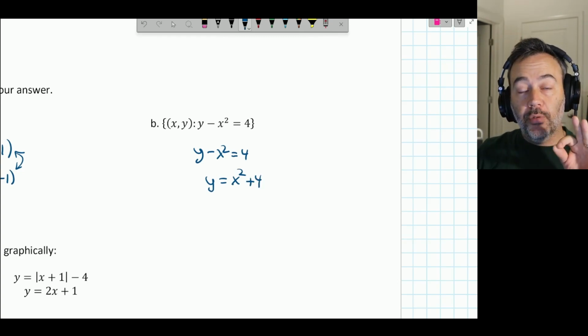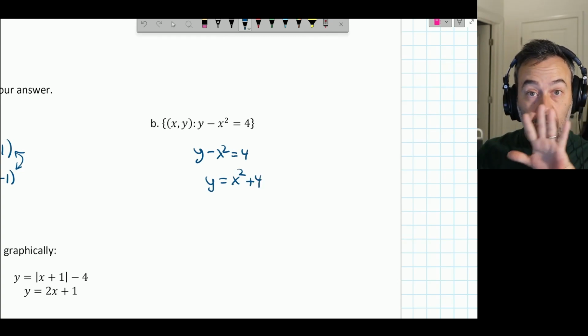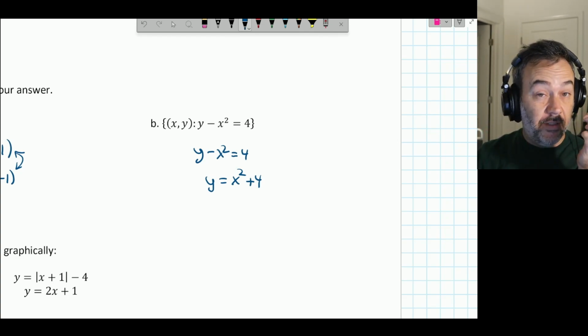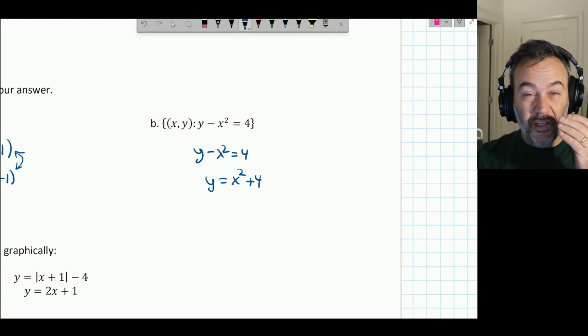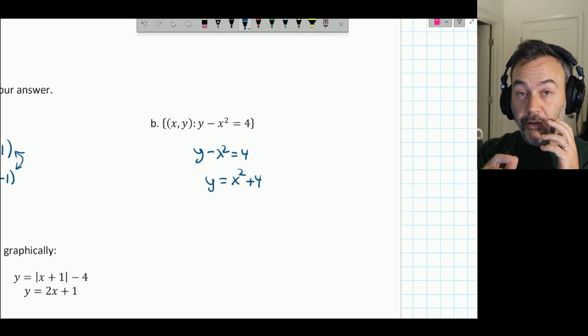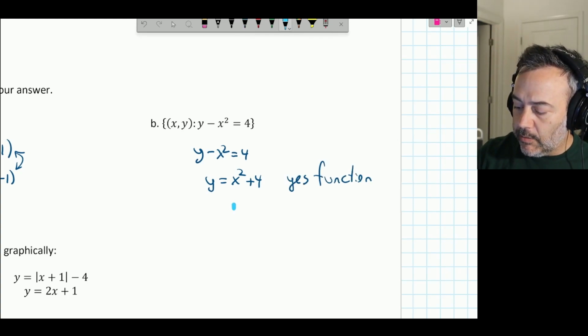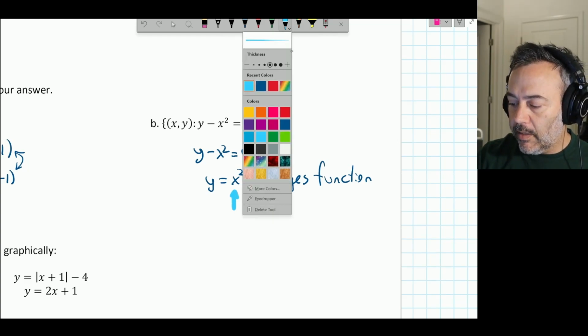If you can explicitly solve for y to get y by itself using basic algebra, and you don't get a plus or minus, you didn't have to take the square root of either side, you didn't have to worry about absolute value in its plus or minus cases, this is a function. Yes, function. Now why? Because no matter what x I plug in, if I square it,